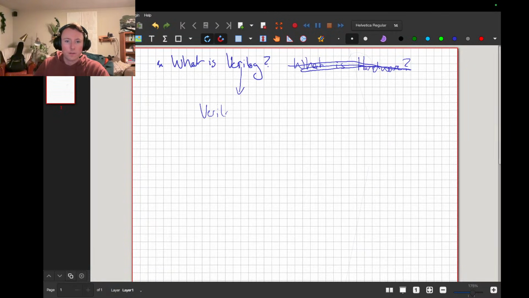Verilog is a software language. Yeah, see, I don't quite know how to hold this pen correctly. That's the problem. Software language. That's the thing that people don't